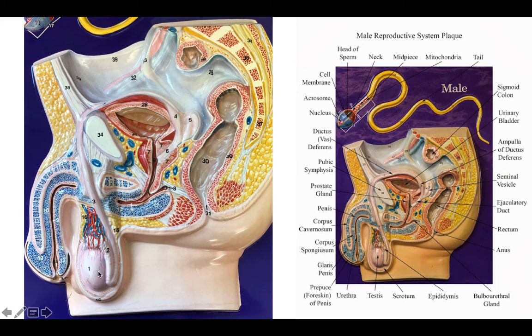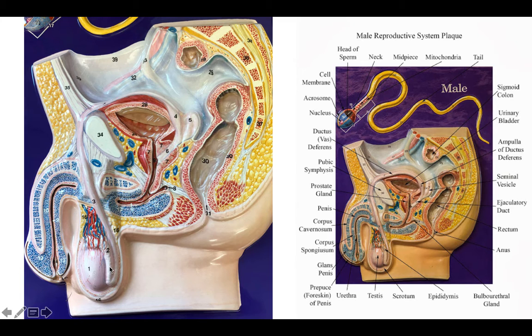So after we make the sperm cells in the seminiferous tubules of the testes, they'll be transported to the epididymis, which is kind of on the back side or the posterior side of the testes. And here, this is where sperm cells are going to mature. This is the site of sperm cell maturation. And so the sperm cells will complete their maturation process, and then they'll be stored there until, again, expelled during